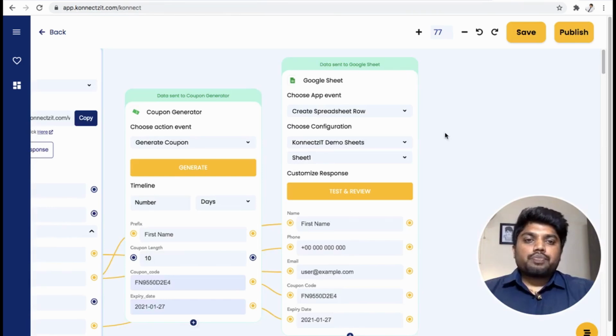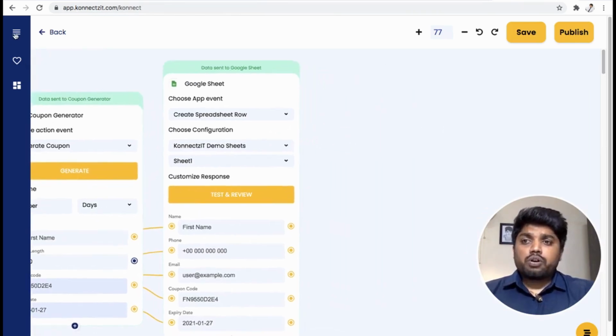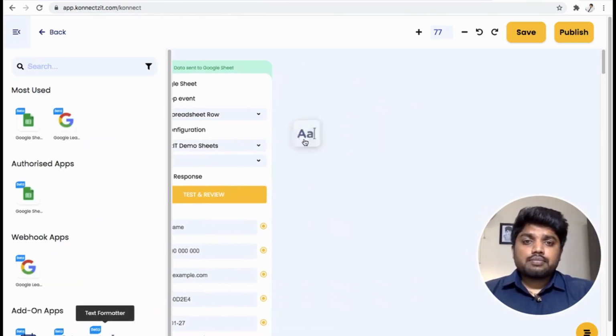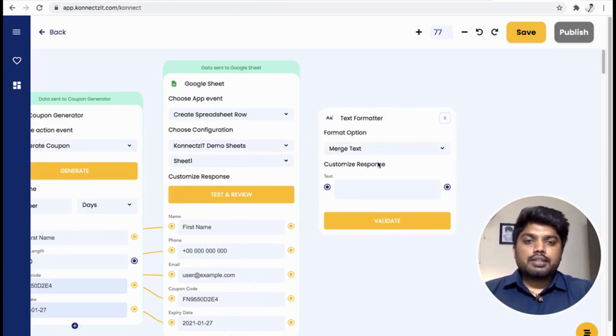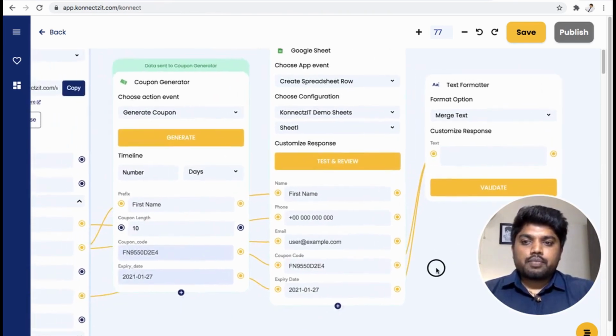Now I will use Text Formatter and send an email. I'll create a body content using Text Formatter, using the coupon code, the expiry date and also the name.